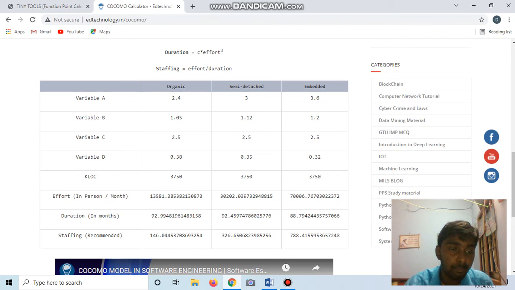Effort in person-months, here these are the values for that. Duration in months is also calculated and given, and the recommended staffing for the work is also here. All the details are calculated and shown in this table.